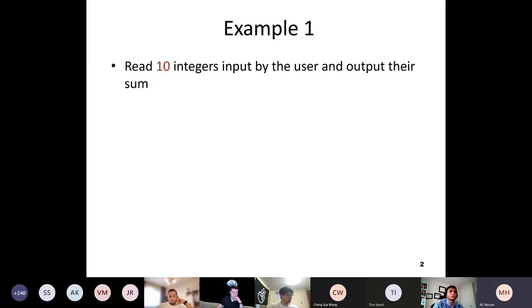So let's assume in this first example, we want to read 10 integers as input from a user and output their sum. Last time we did something a little bit similar by reading 2 numbers from the user and then printing their multiplication, right? So it shouldn't be any different, except that maybe if I told you to read 10 integers,